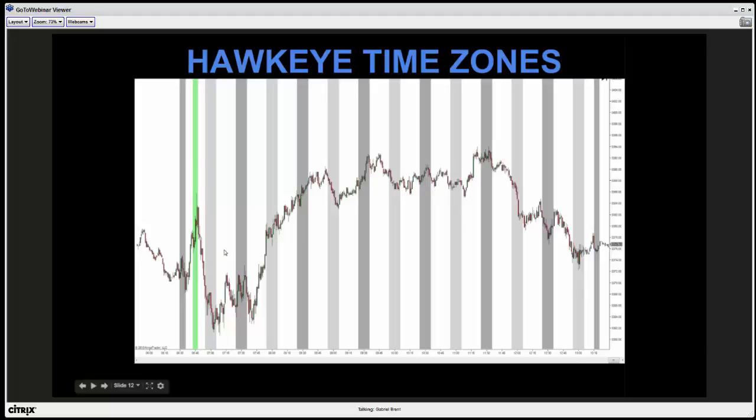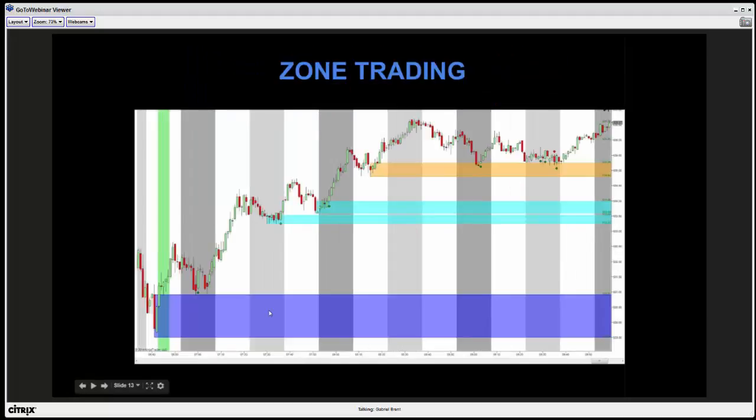Now, what the Hawkeye Time Tool allows us to do is time our trades, okay? And I will show you how this works to the fullest extent here today. This is absolutely amazing, and I recommend that you use this tool on a 5-minute chart or less. So what we're identifying are the tops and the bottoms of the hour, as well as the first 15 minutes,